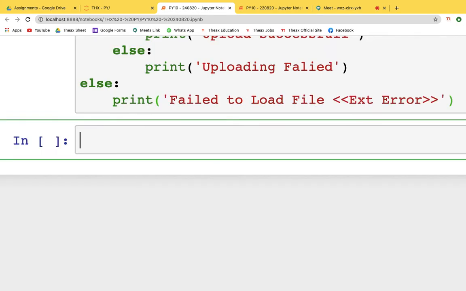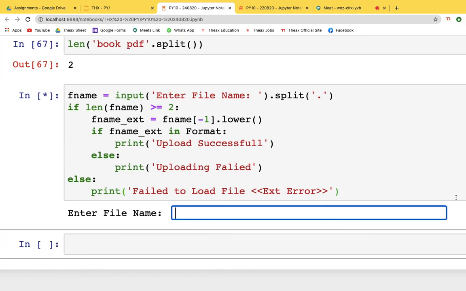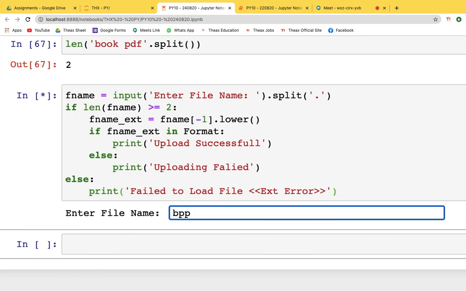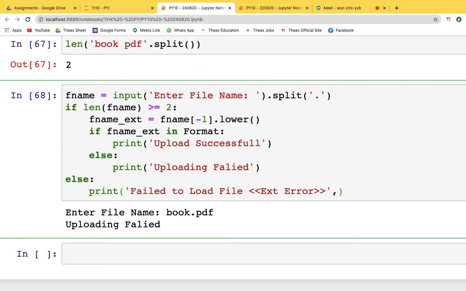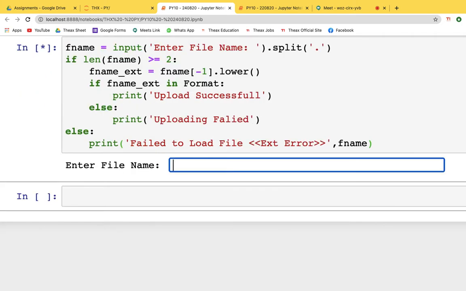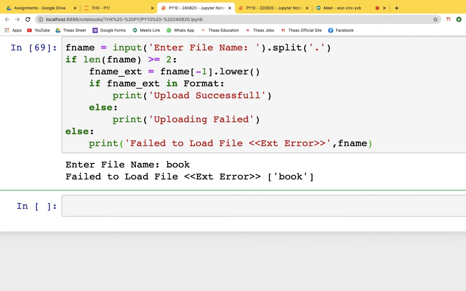Run the program and write any file name. Let's say this is book.pdf. So uploading failed, right? And also do one thing, failed to load file. So let's say now you are saying book. So failed to load file this, and even you can write